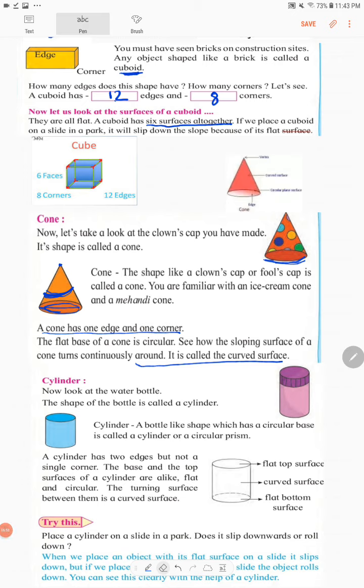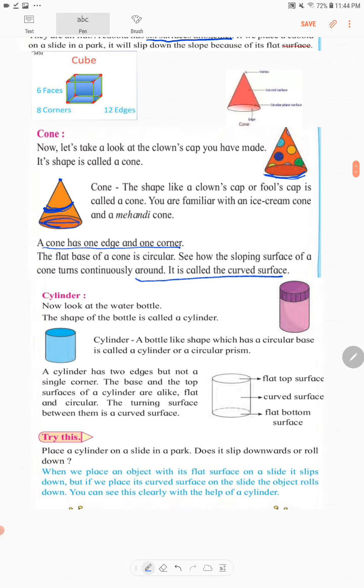So in this picture you can see what I was saying exactly, that the cone has a vertex. This is the curved surface area, and this round thing is an edge. And this part is the plane surface. It is a plane surface. Now let's get back to the next part.